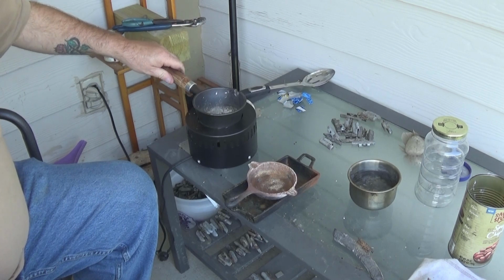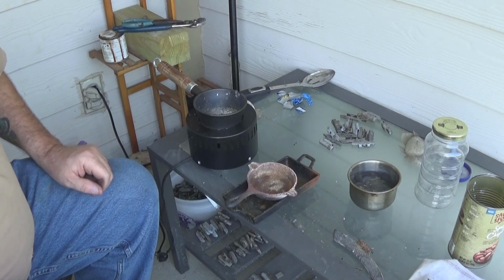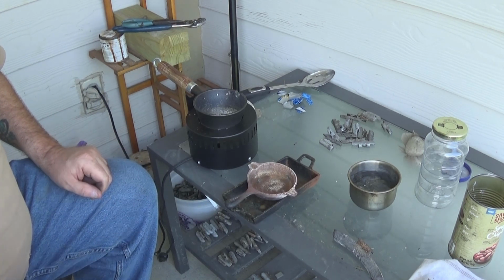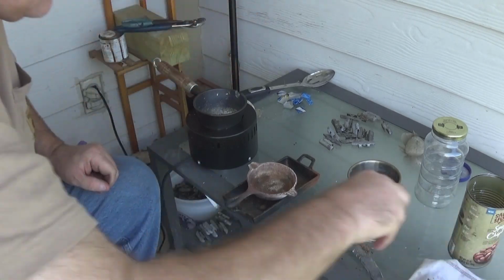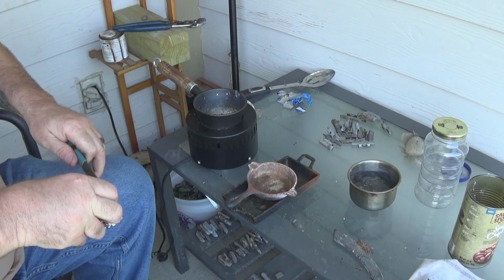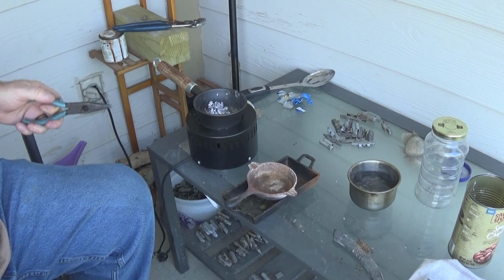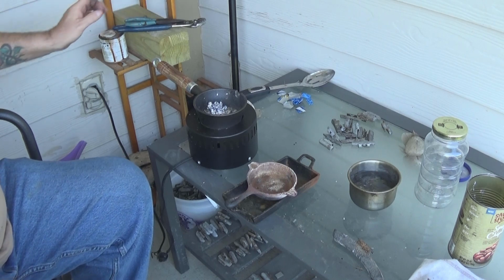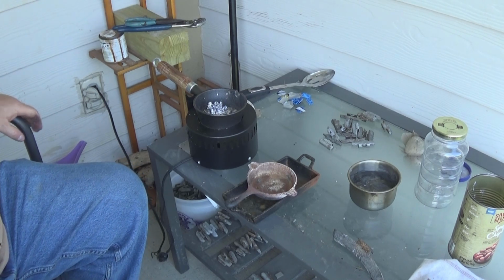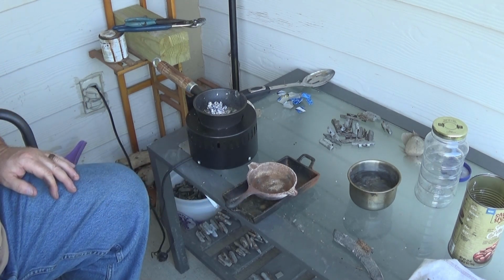Alright, so I'm in the process of melting a bunch of this lead to put into the mold. I'm thinking maybe one more. Let's take the small one here and put this one in there. Yeah, there's a little bit of moisture still in some of these, and they have a tendency to bubble up a little bit. So I think when that's melted, I should have enough to put in here. I may have to do a little bit more, but we get all this taken care of. Also,